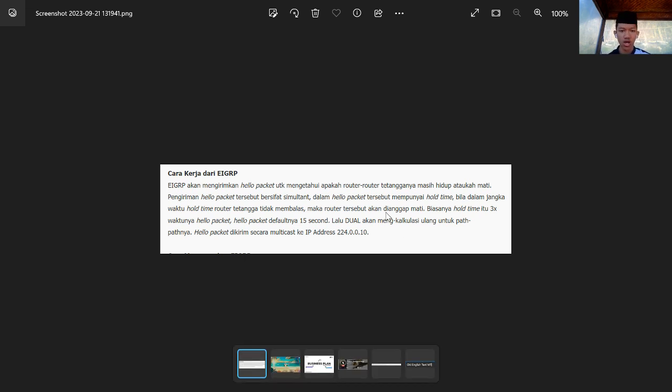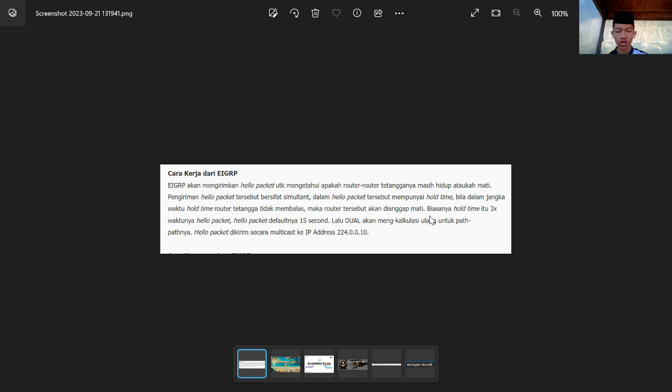EIGRP will send hello packets to know whether the neighbor router is still alive or dead, and this hello packet is sent simultaneously.